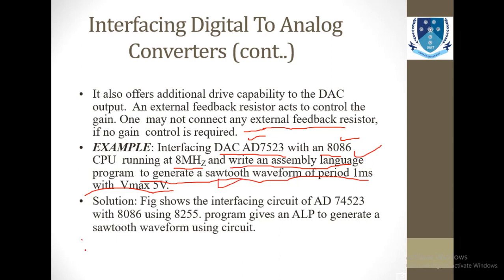So sawtooth is basically a kind of waveform. This is basically this kind of waveform. You know that there is a square waveform, there is a rectangular waveform, this is a sinusoidal waveform, but this is not a rectangular, not a triangle. This is not a perfect triangle, because you know that a perfect triangle means this kind of diagram. But this is not a triangle, this is basically a sawtooth wave. This is a kind of tooth.